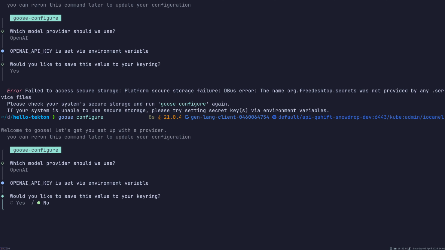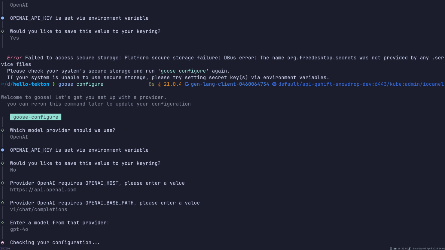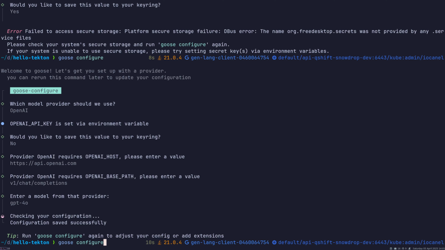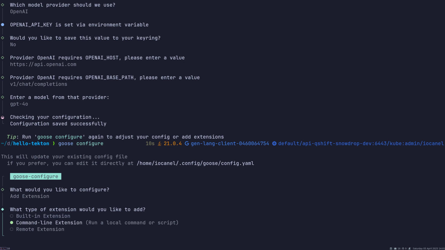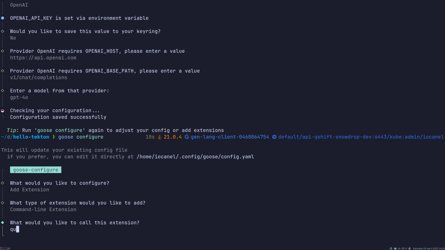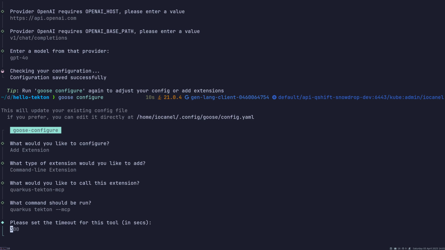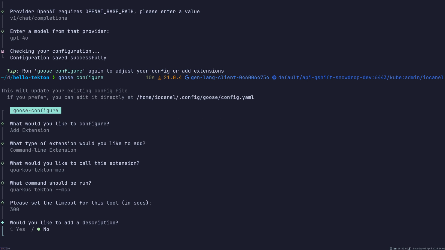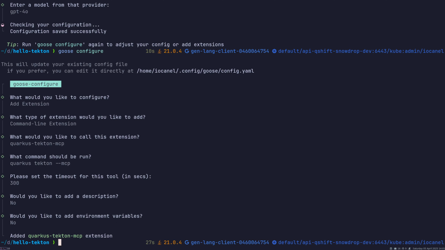Let me try and skip the tiering thing. Yep, use the default, all the defaults. Perfect. And now I'm going to use configure again because I will add an extension, and I will add a command line extension which I will call Quarkus Tekton MCP, and the command is quarkus tekton --mcp. I'm going to use the default description, no environment variables, and I will start a new Goose session now,